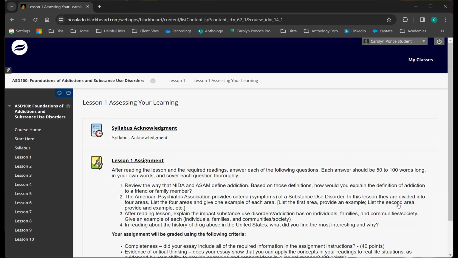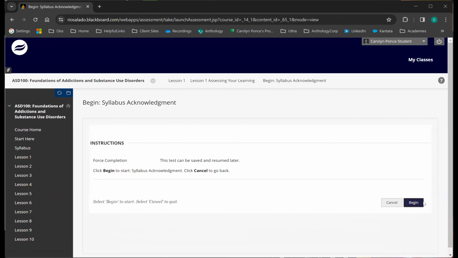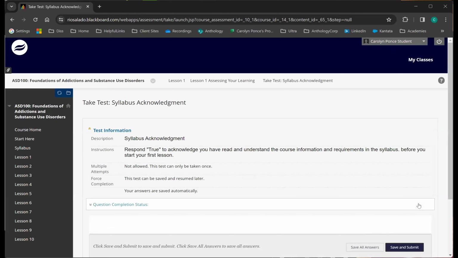I certainly understand test anxiety, especially with a group that has never used anything with online testing, or they've used Blackboard for the first time. There can be some nerves. So they do have that cancel to back out and try again later. But if they're ready to start, they click begin. If the test has a timer, that click of the begin button is what triggers the timer to start.